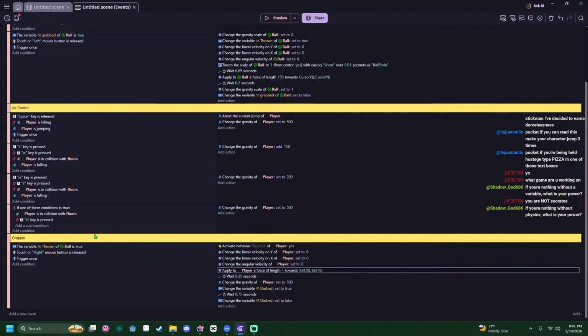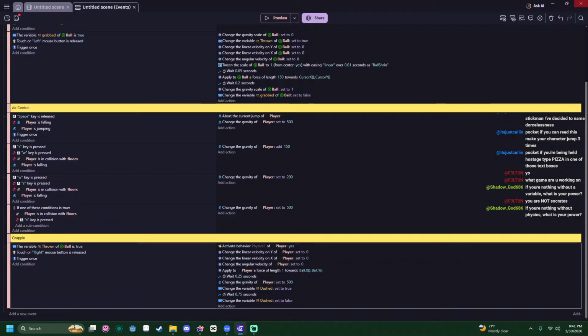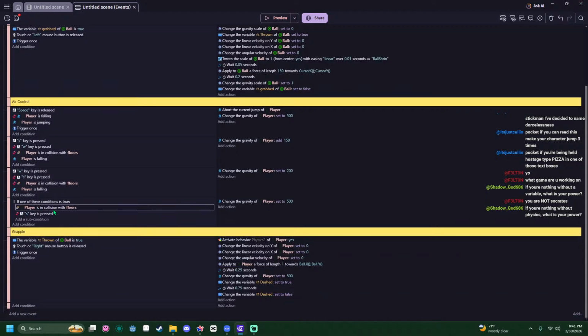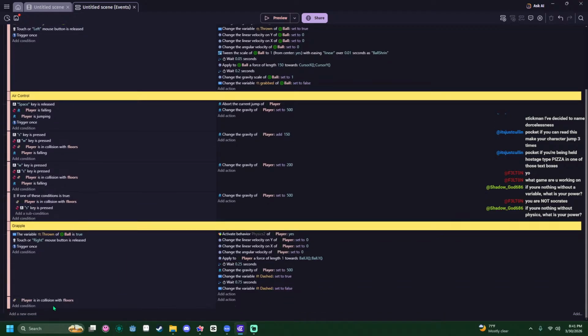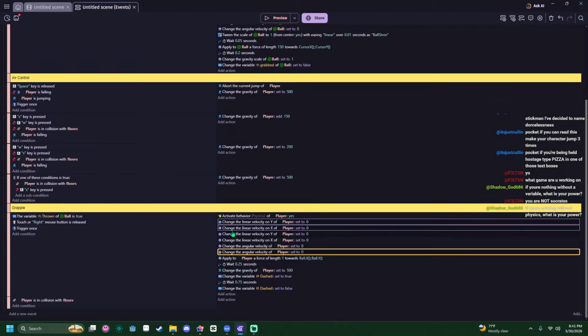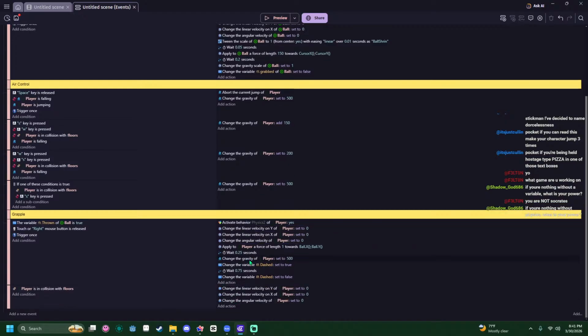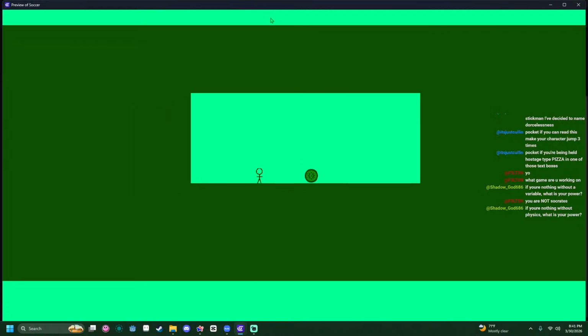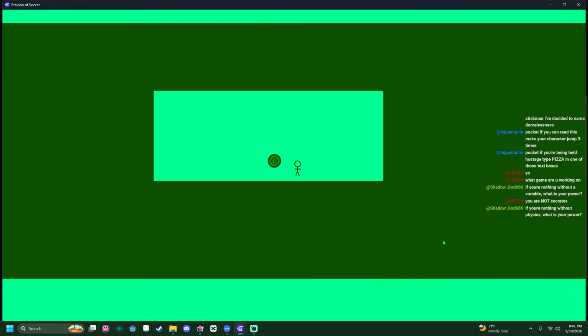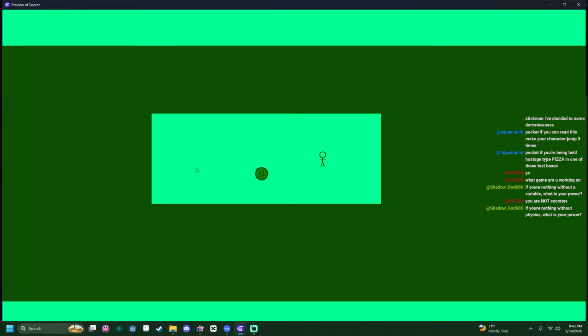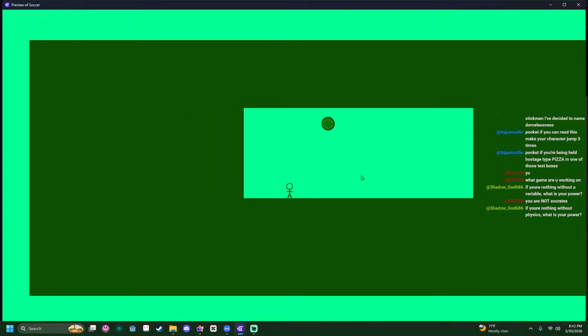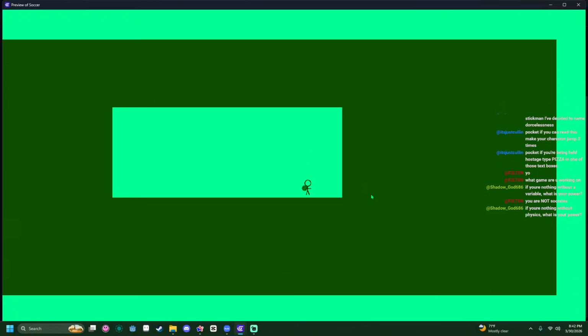We can also do it to where if collision with floors. So if we're in the collision with the floor, then it'll set the velocities to 0 as well. Ugh. Oh shit, it pushed me.